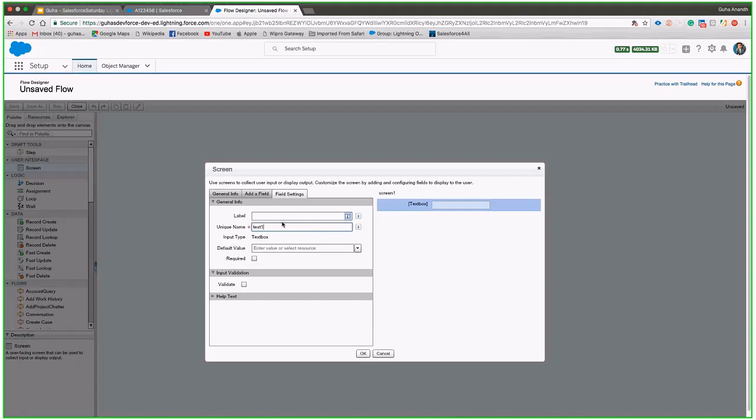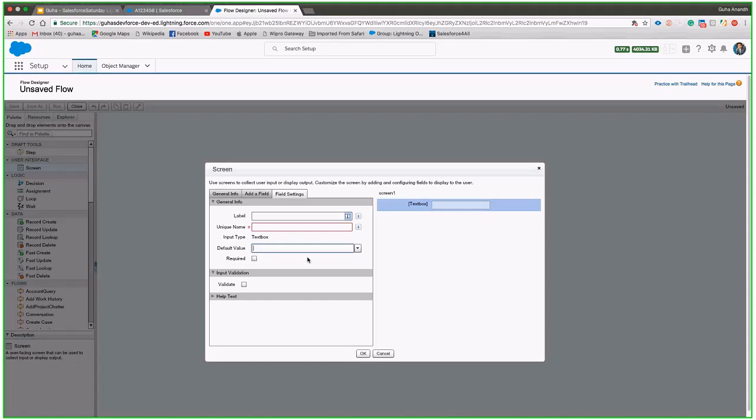So until you go to a new flow, you cannot use this text name anywhere, so it's pretty much unique. And the type of the box is pretty much predefined. And also you can set a default value. It's pretty much similar to how you create a field in your object, but it's not bound directly to your object right now. So you need to do the binding if you want to, or you can just keep it as like a screen